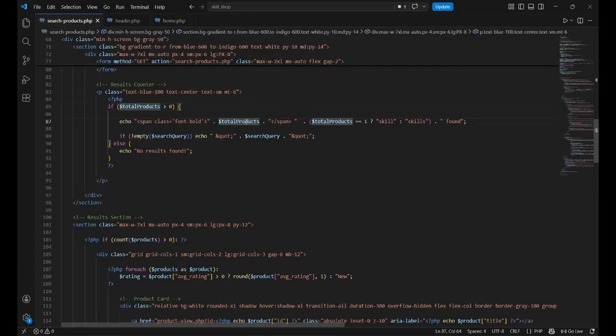So within the span tag I have echoed the total products, and if the total products are equal to 1, then I have set to display skill. If not, display skills. So if one skill is listed, it will show one skill found. So if more than one skill is listed, the number of skills found will be